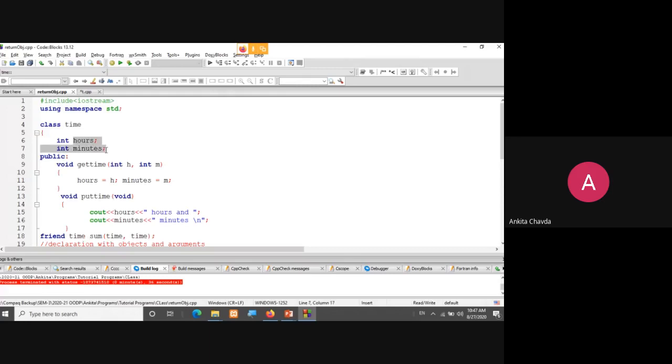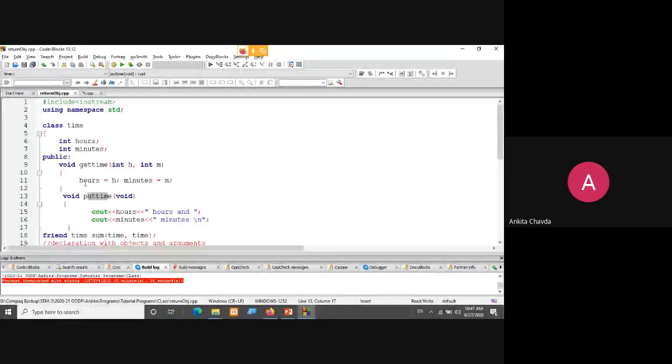Class is time. I'm having two variables as private, hours and minutes. In the public section, I'm having two methods, get time and put time. Here I'm just assigning the values, hours is equals to h and minutes is equals to m, right? And I'm putting hours is this, minutes are this. Now here I'm having a friend function.